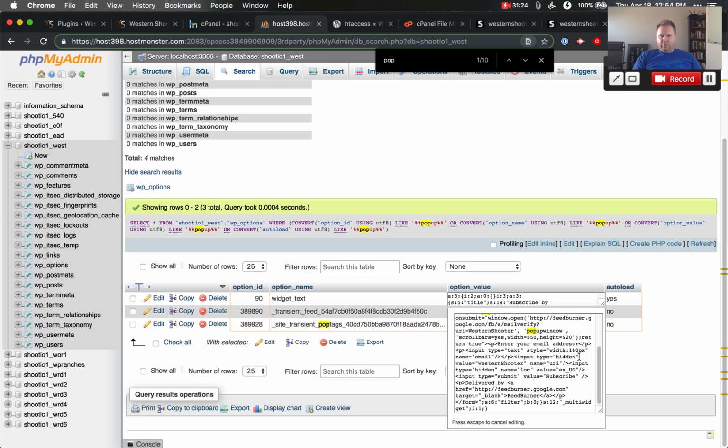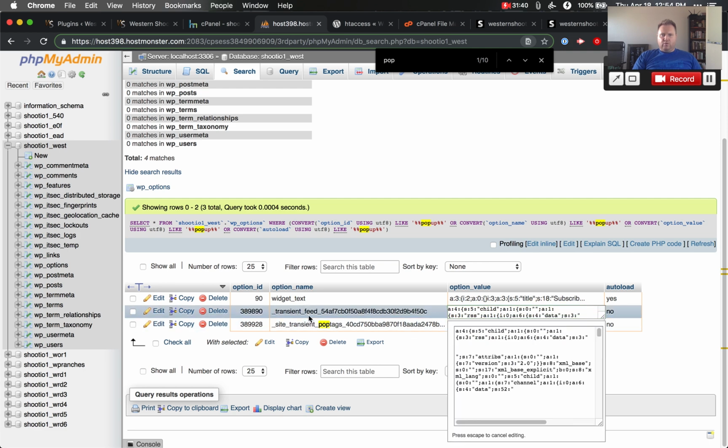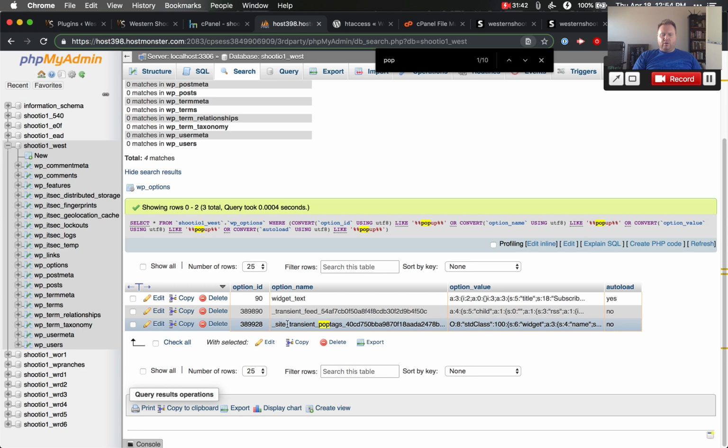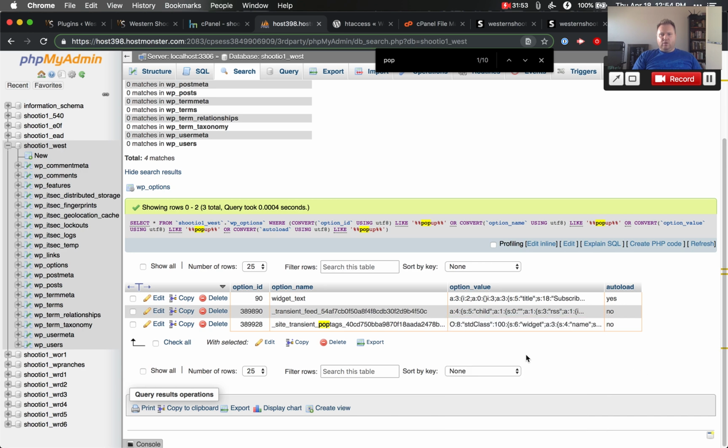Okay, pop-up window, pop-up window. This is okay. This is actually code that's in a widget to show the FeedBurner subscription thing. So that one's safe. This is a transient. Now, transients are entries in the database that are temporary. They're not made to stay around forever. They're temporary. So if you see them in something like this, you can probably know that you can eliminate them